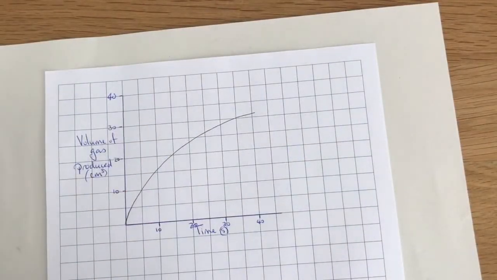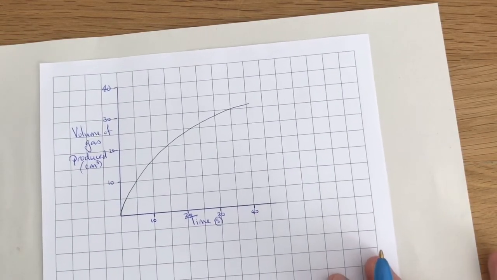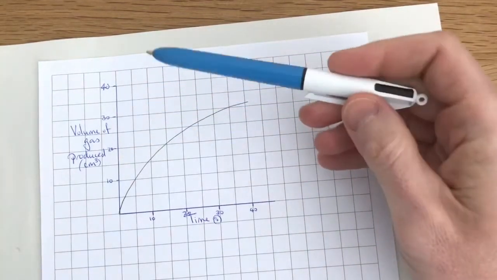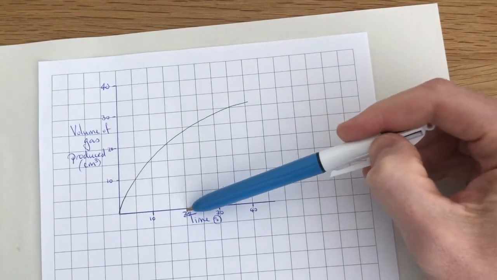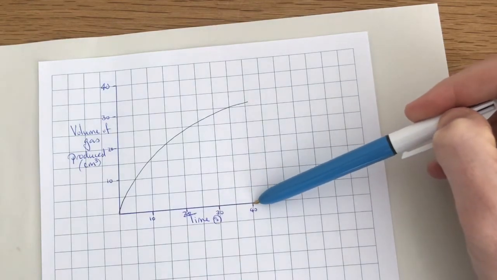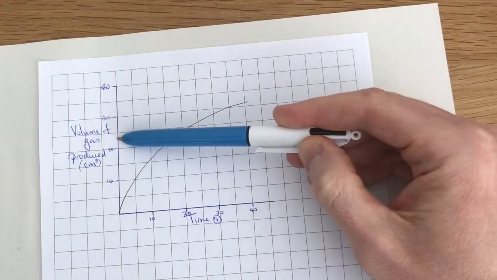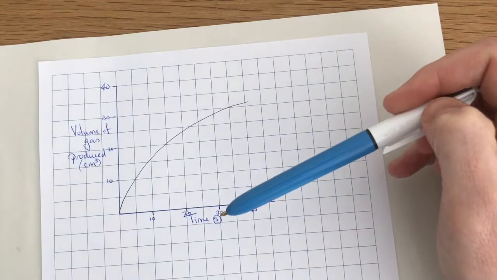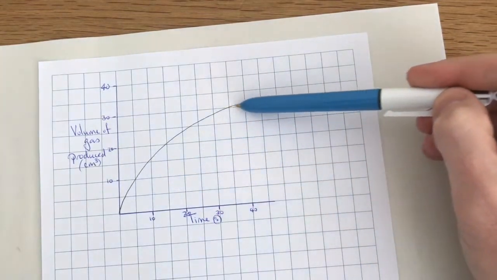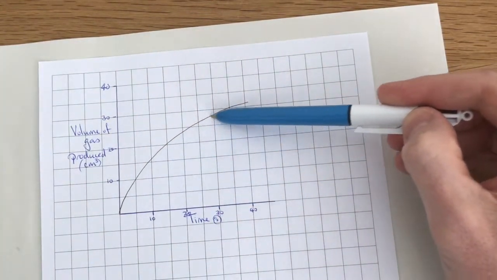Okay, in this video we're going to have a look at how to analyse information from a rate of reaction experiment. And what we've got here is a graph showing the data that has been collected. So you can see we've got two measurements on the graph. We've recorded the time that it takes for this reaction to proceed, and then here we've measured the volume of gas that reaction has produced, and that data has been plotted to give us this characteristic shape for a rate